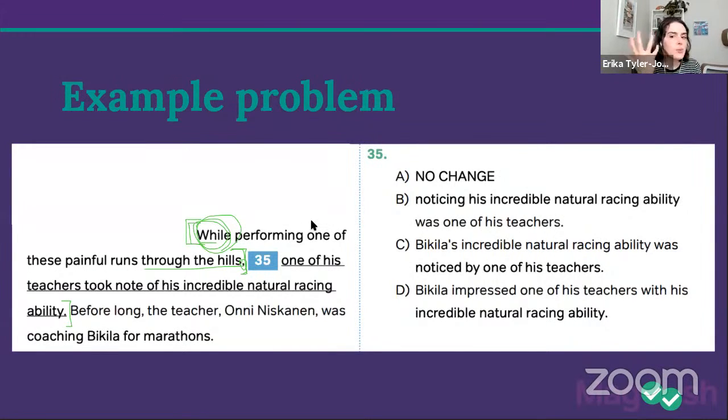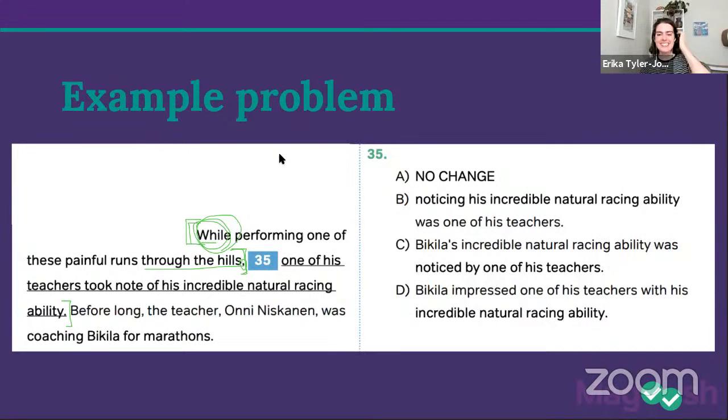Now, if you're thinking, but wait, the modifier isn't moving, how do I make it correctly placed? Notice that the words next to the modifier might be moving. So maybe think about, what is the modifier describing in A? What is the modifier describing in B? What's the modifier describing in C? And what's the modifier describing in D? Pick the one that makes the most sense. About 10 more seconds. Go ahead and get in a guess if you're not sure.